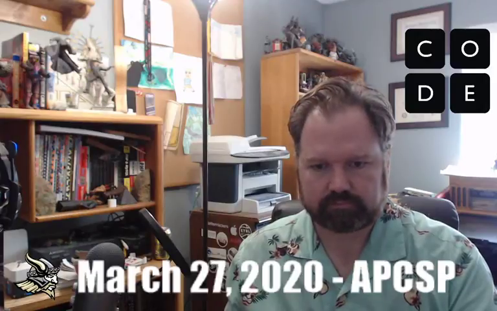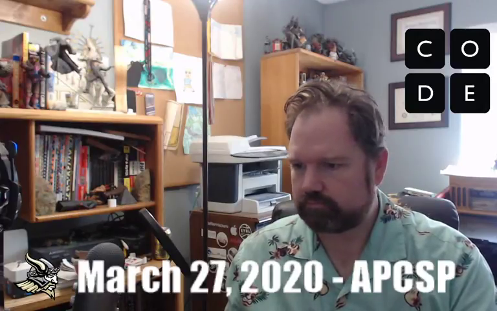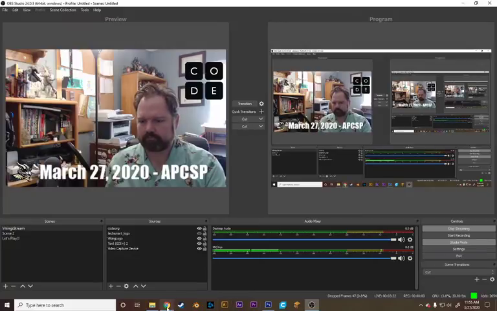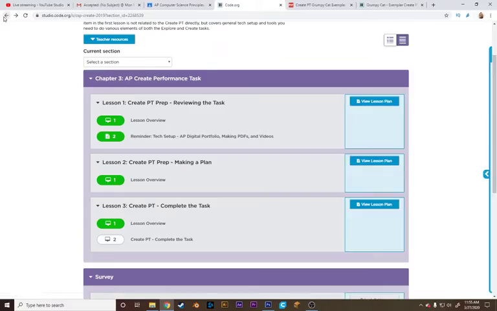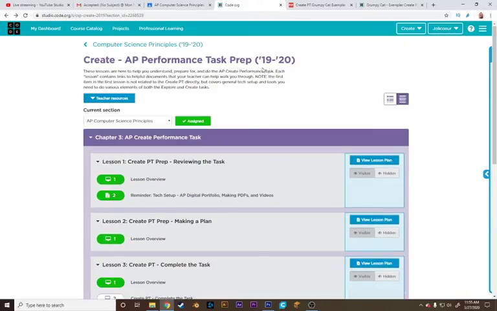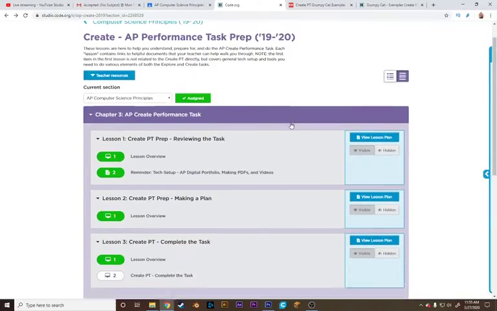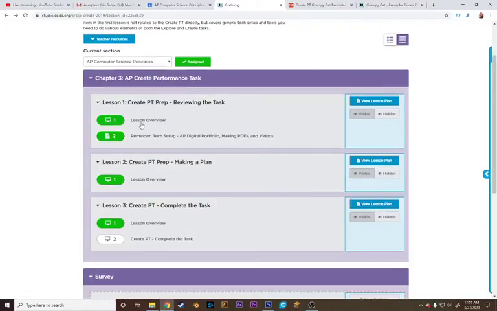I'm going to switch my screens over right now so that you can see that. And right here, this is Lesson 1 for the Create Performance task. Let me go to my previous screen so you can see it. Not Unit 5, this is Chapter 3 for this section. So the Create Performance task. If you click right there on Lesson Overview, where it says Reviewing the Task,